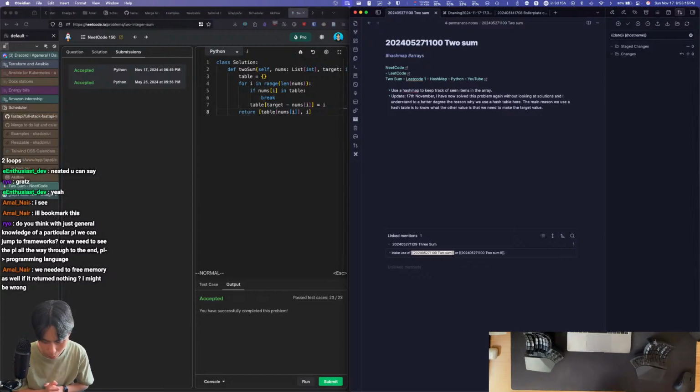We needed to free memory as well. If it returned nothing, I might be wrong. I don't know what that is in respect to. Regardless,